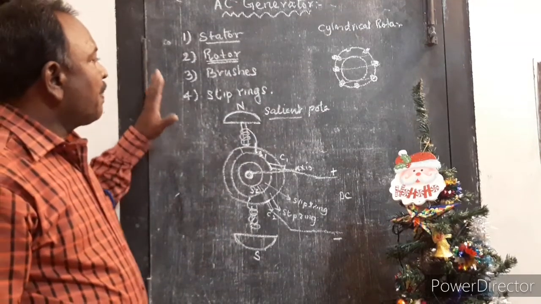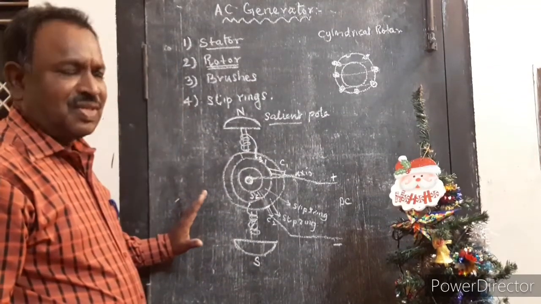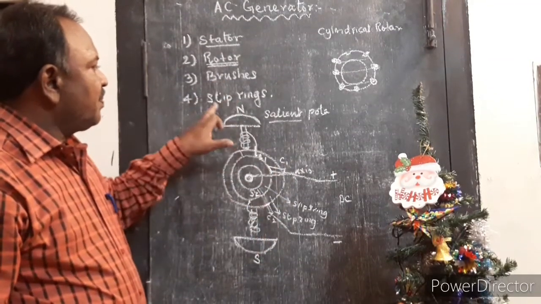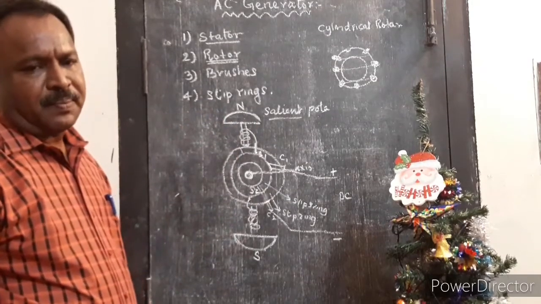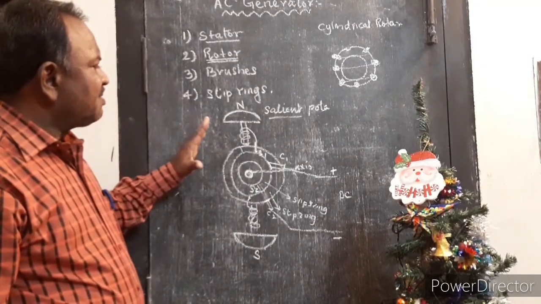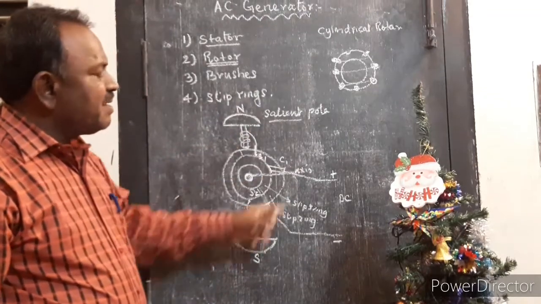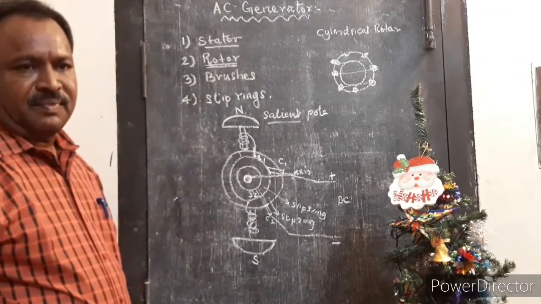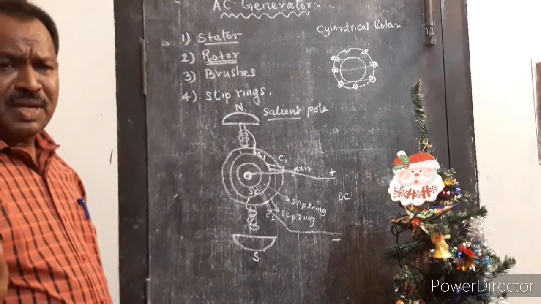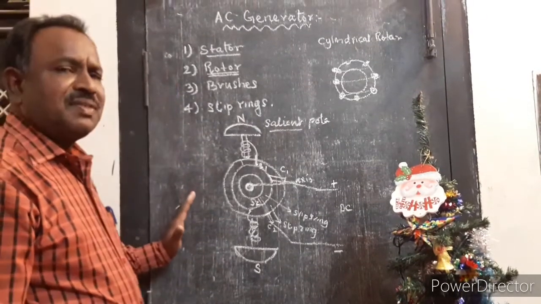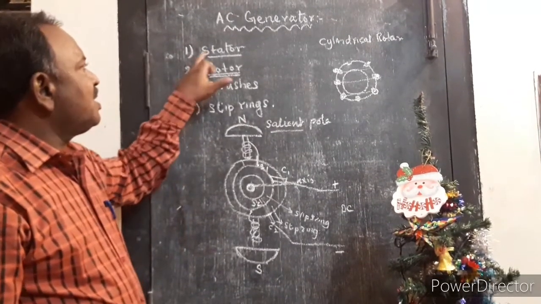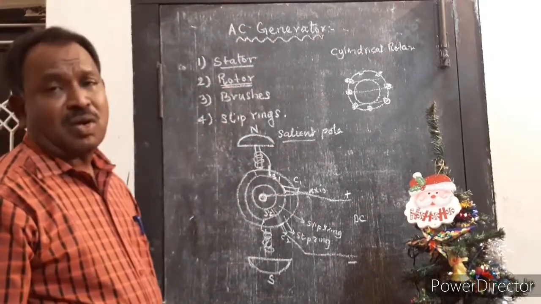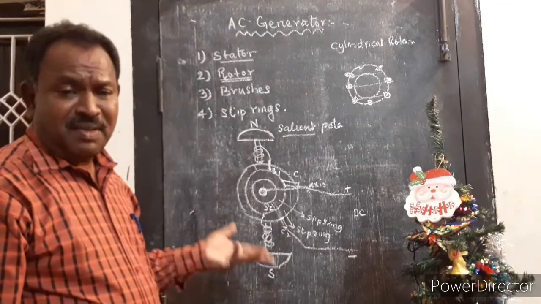So these are the main parts of a generator. Already you know the brushes that we are using in the rotor, and cylinders are also used in this rotor. So what is the advantage here? We have seen that the field magnet is rotated inside a stationary stator. Commercially produced generators will have this type of construction. The armature coil is the stator coil and the field magnet is the rotor. So the advantage of having this is